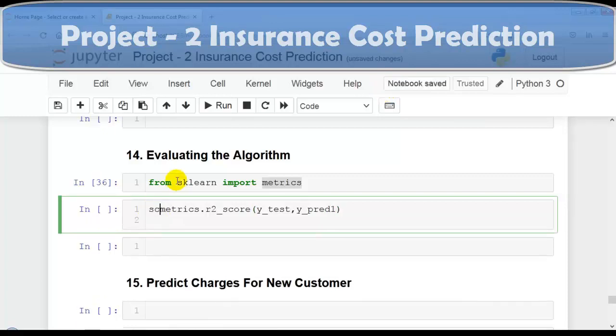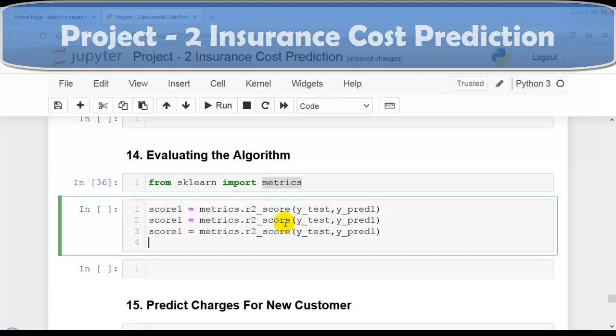So let me store this into score1. So now we have used total 4 models. So let me copy this statement 3 times. So this is for model 1, this is for model 2, this is for model 3 and this is for model 4. These are predicted values by model 1, by model 2, by model 3 and by model 4.